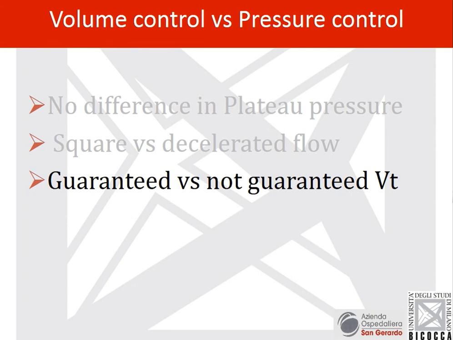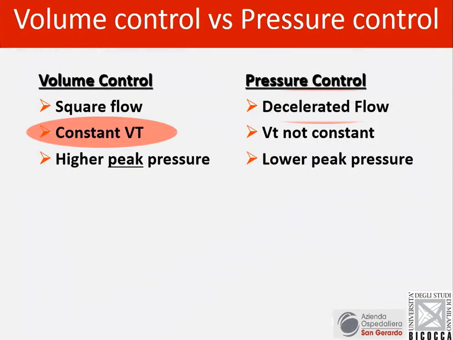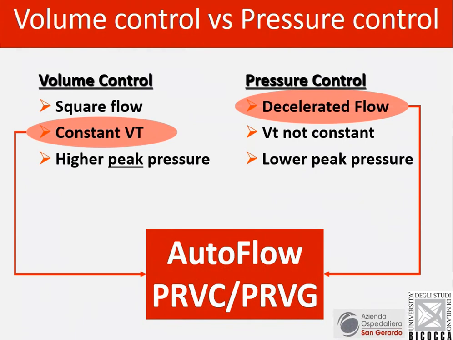You can set an alarm on tidal volume and adjust your pressure limits, but there is no way that the tidal volume is guaranteed. So a way to bring together these two advantages of having a constant tidal volume, which is very important, especially if we discuss ARDS, and a flow which has a decelerated pattern, most ventilators allow us to use the so-called auto-flow or pressure regulated volume control,